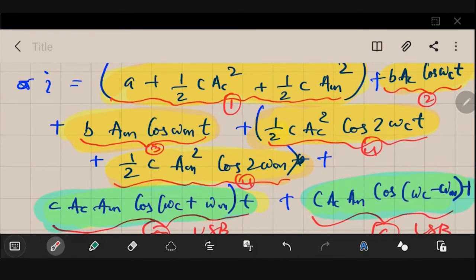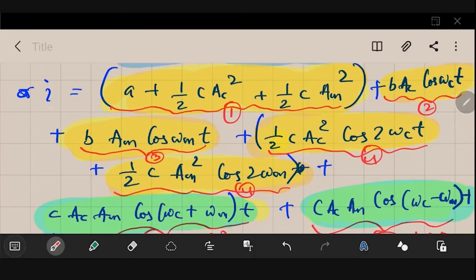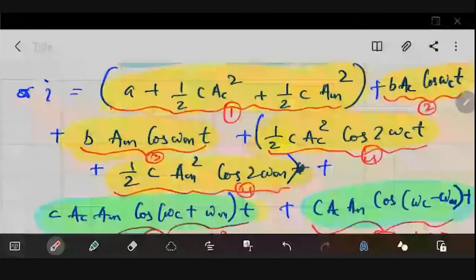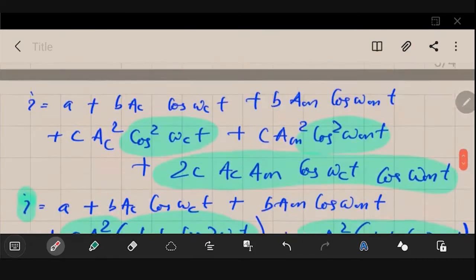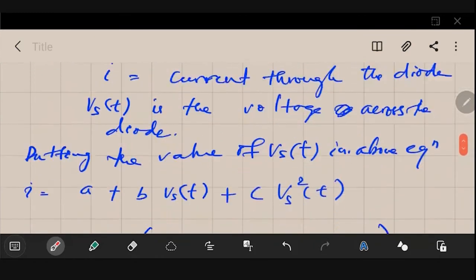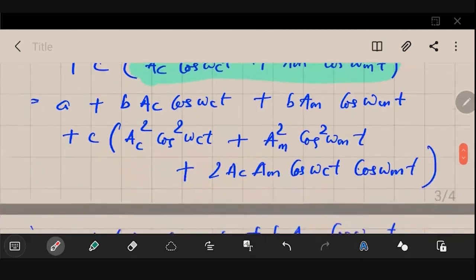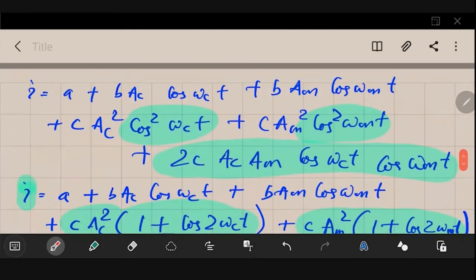One more thing must have been clear here, that when we applied two input signals, one was AC cos omega ct and the other was AM cos omega mt, to the input of that diode modulator, what we are getting as output, you could see that we are not only getting the product. Let me just show you another one here, you will understand it much better. So here you could see,